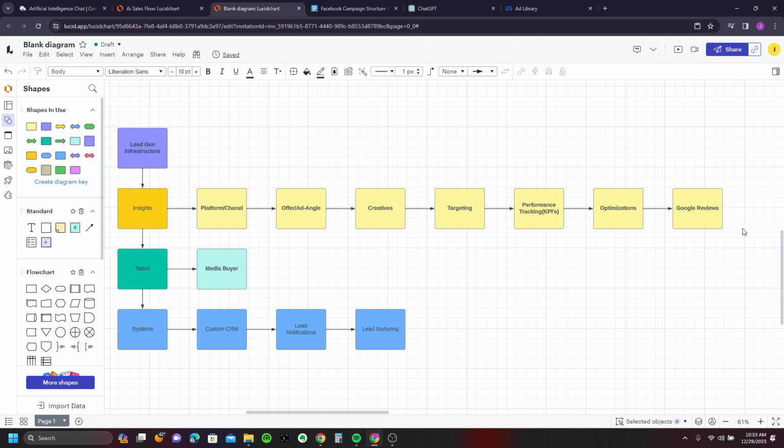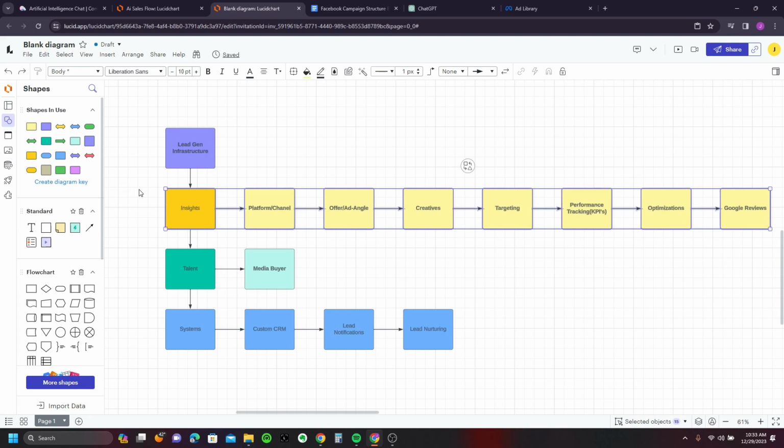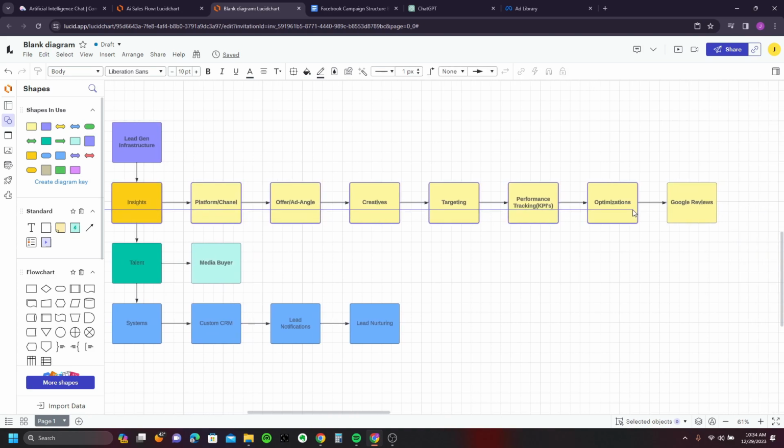Okay, you can have very successful, well-performing Facebook ads, and if you don't have the correct systems in place to nurture and send you lead notifications and just simply manage all of your customers in one spot, all of this is irrelevant. It doesn't matter,